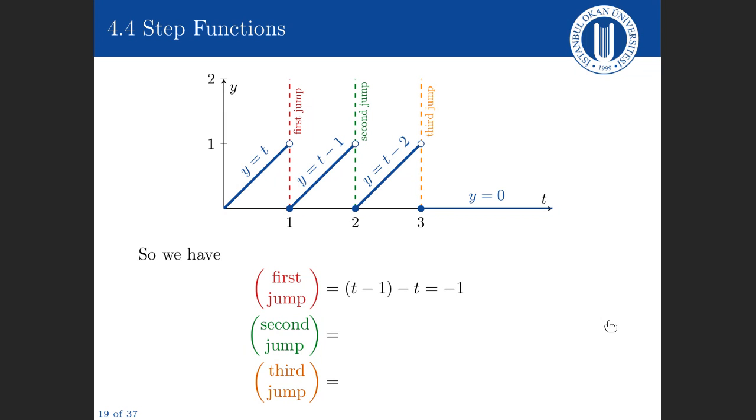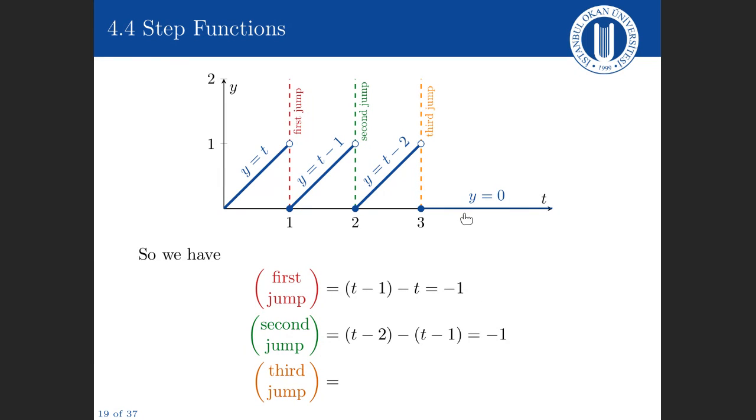At the second jump, the function on the right is t minus 2, the function on the left is t minus 1. So at the second jump, it's going to be t minus 2 minus t minus 1. And these are numbers because the shape of the function, the slope of the function, is the same on each side. We're just